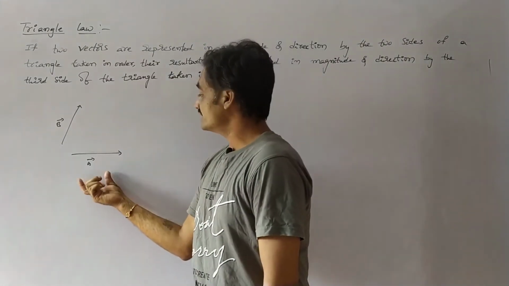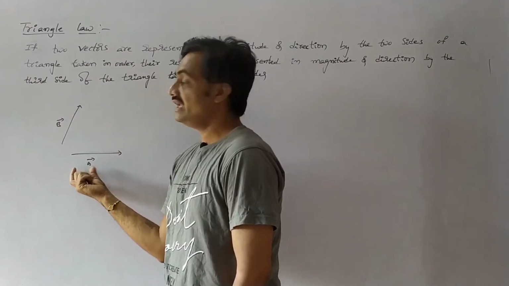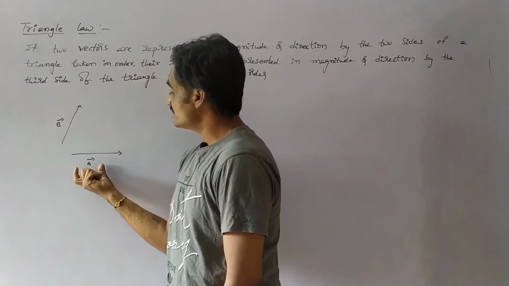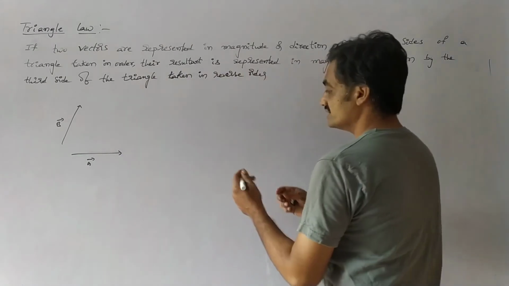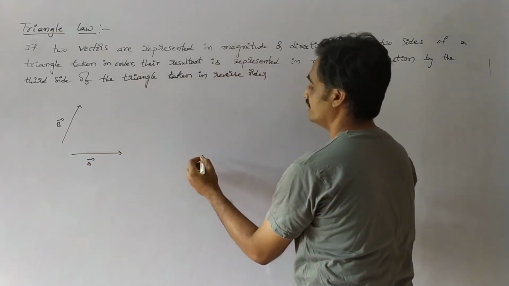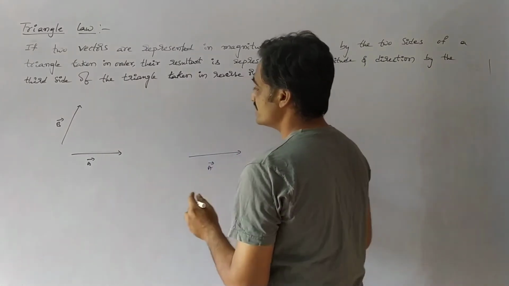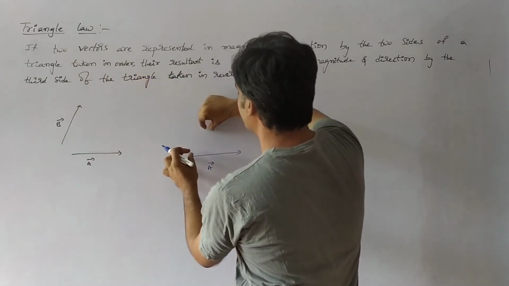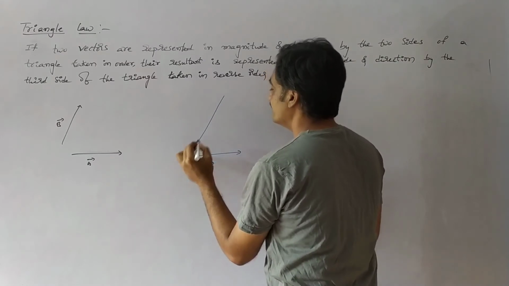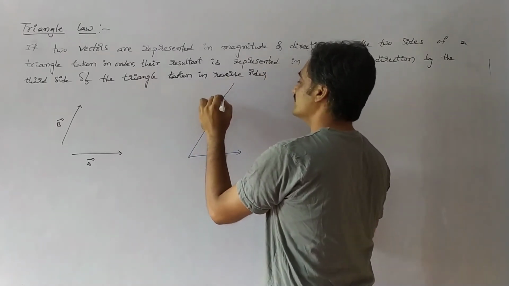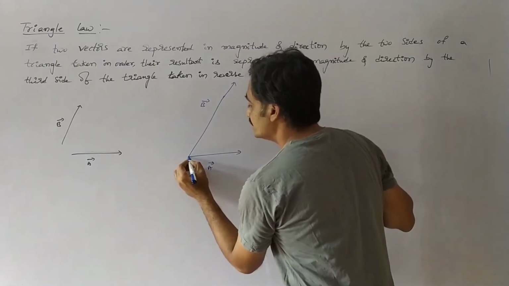So now let us consider two vectors. In order to prove this, let us consider vector A as well as vector B. Observe that vector A is along this direction and vector B is along this direction. Now I bring this vector A and place it here. Then I bring vector B and place it such that the tail of vector A and the tail of vector B coincide with each other. So, the tail to tail combination.